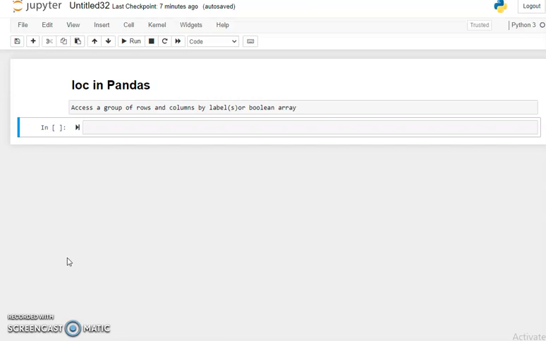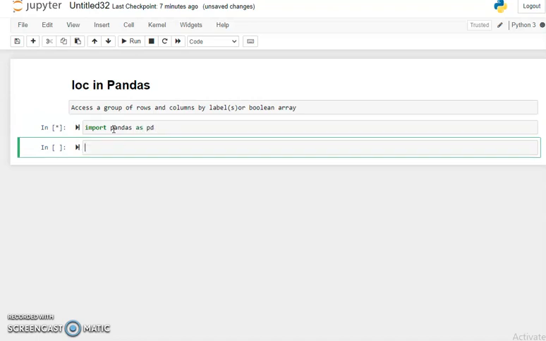So first we import Pandas: import pandas as pd, simply run, and then we need to load our data frame. Because our dataset is in CSV format, we write pd.read_csv,